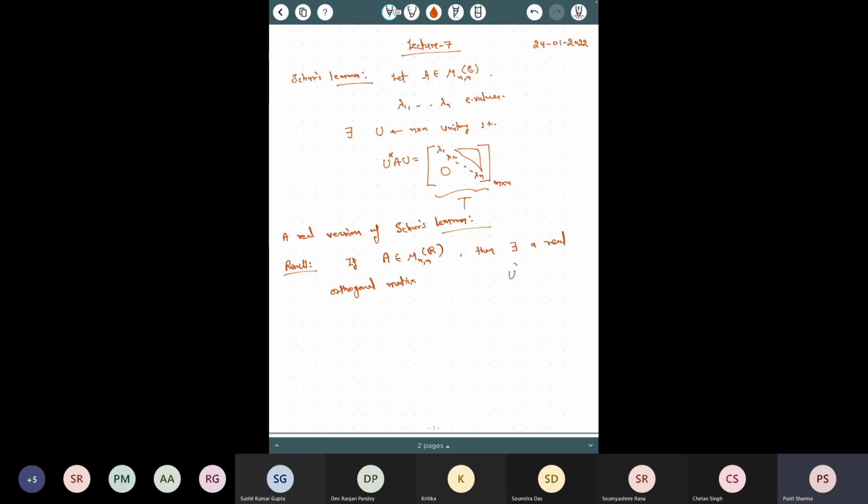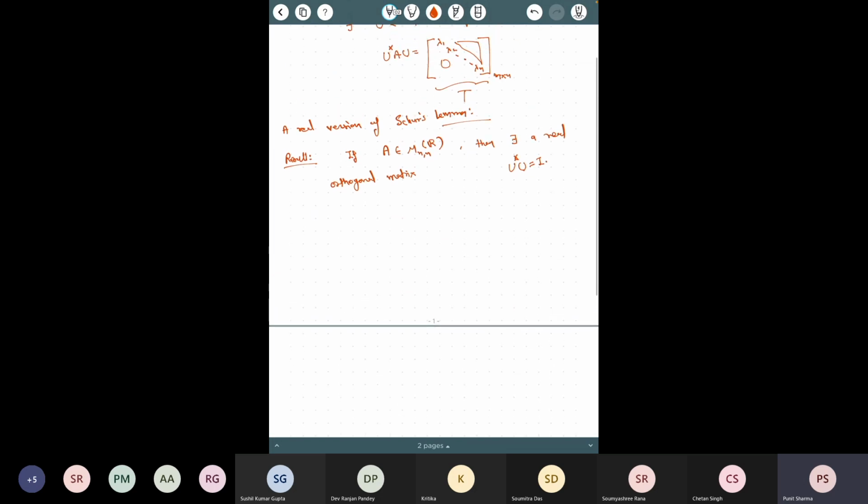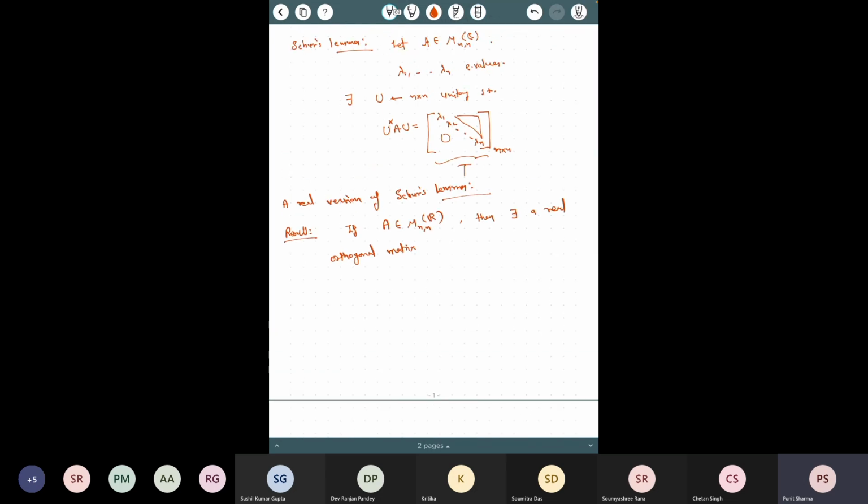Unitary is U star U equal to identity when U is complex, and if U is real, then this would be U transpose U equal to I. If U is real, instead of unitary, we call it real orthogonal. So it satisfies a similar condition as for a unitary matrix. Then there exists a real orthogonal matrix,